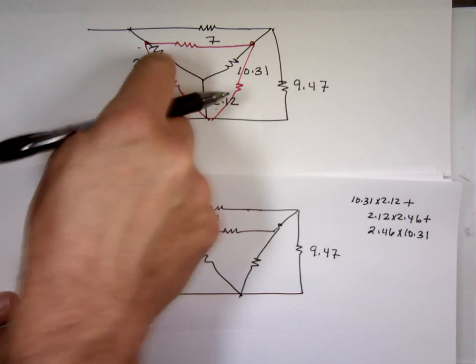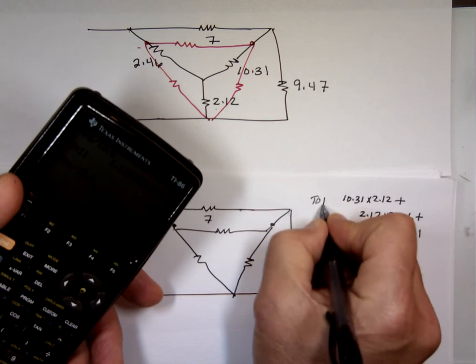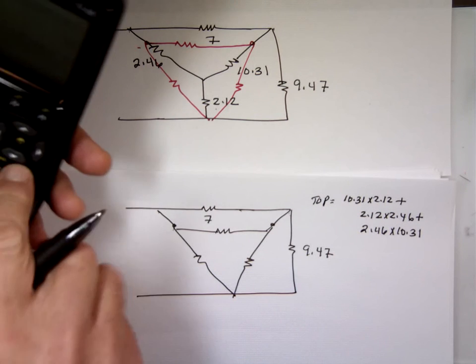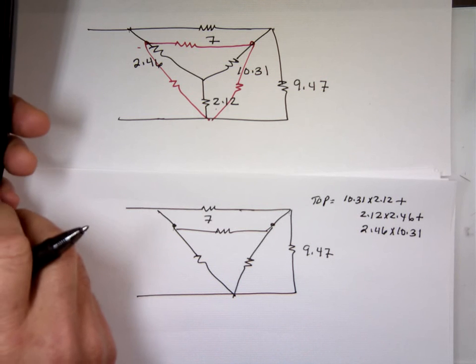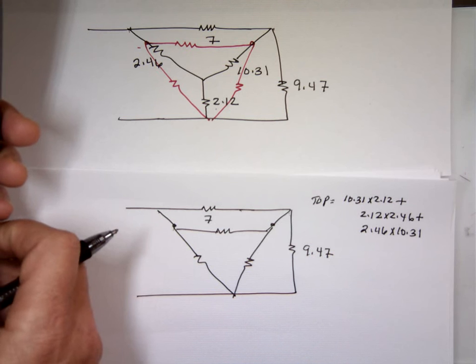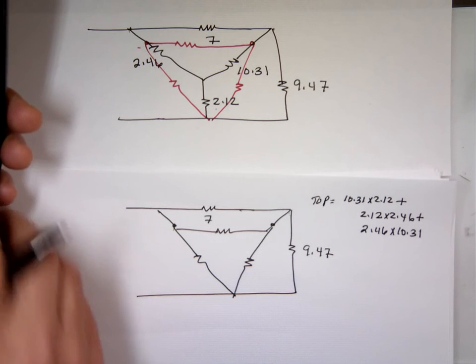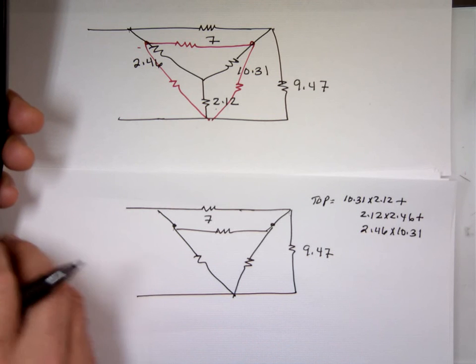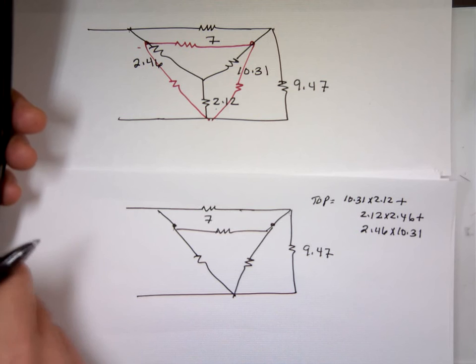Let's see what the top is. 10.31 times 2.12 plus 2.12 times 2.46 plus 2.46 times 10.31. The top is